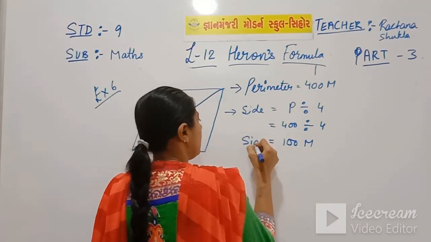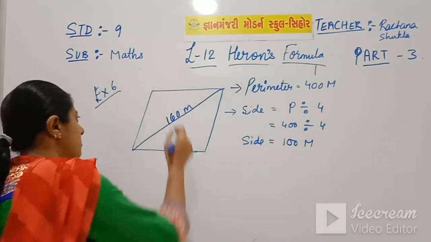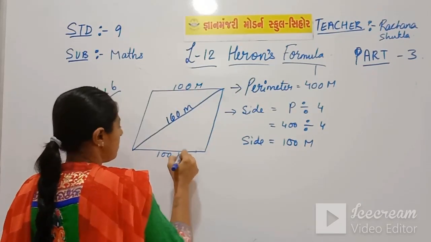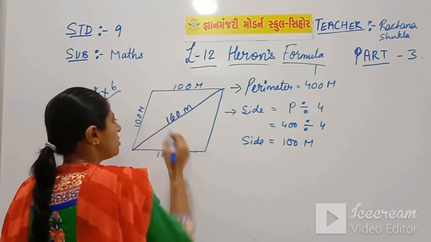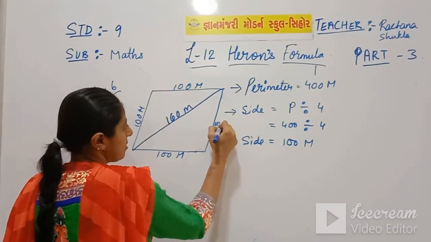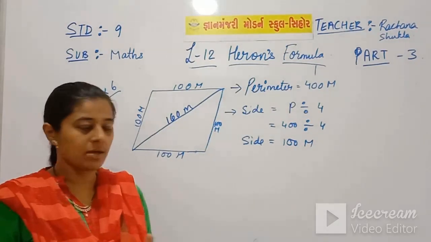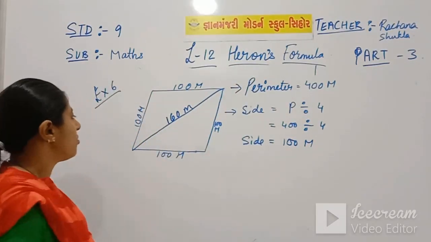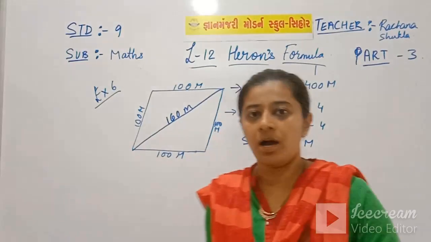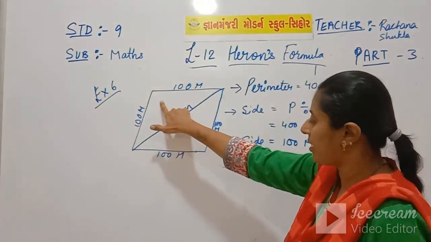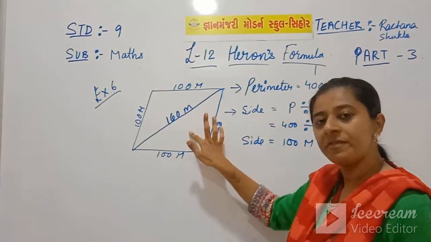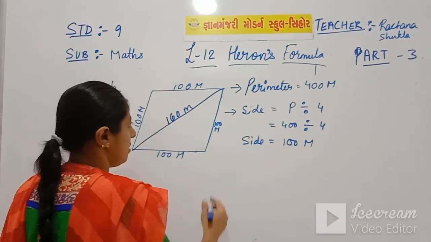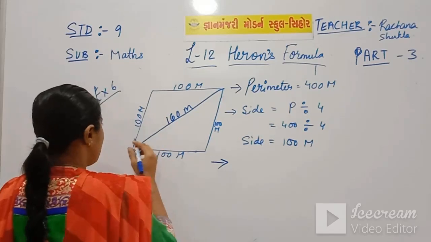What is your side? 100 meters. Each side is 100 meters. So the total is 400 meters. This way we find out the side. Now what to do? Now we have to find out the area of this triangle as well as the area of this triangle. For finding out the area of the first triangle, we will name it